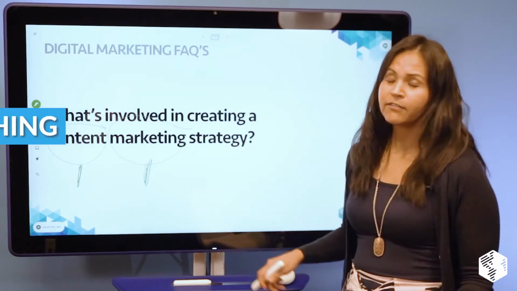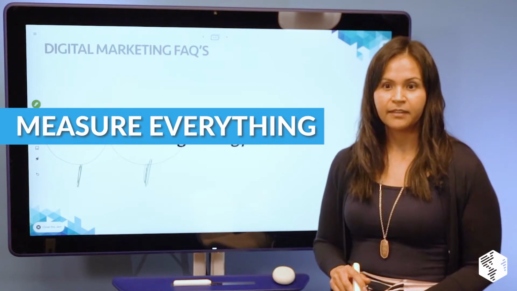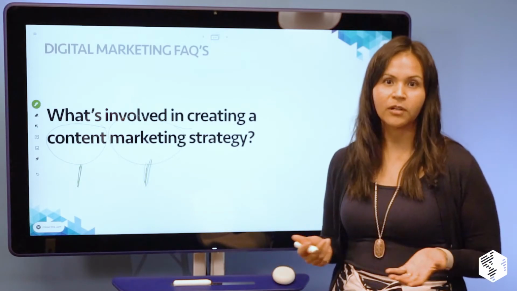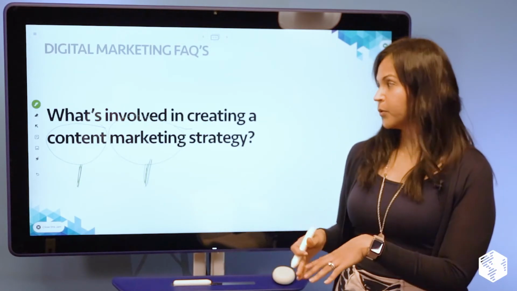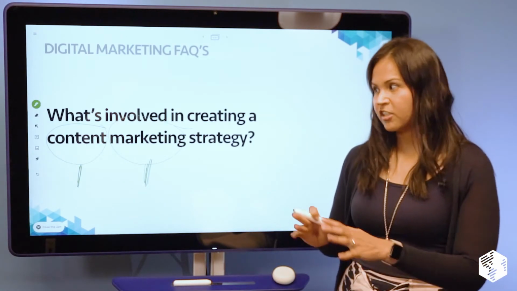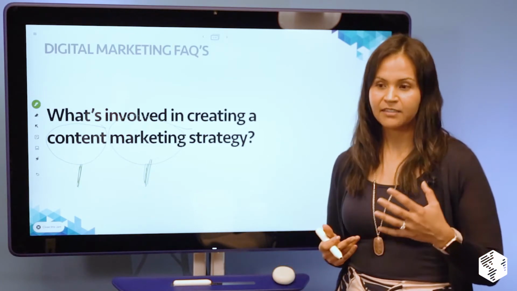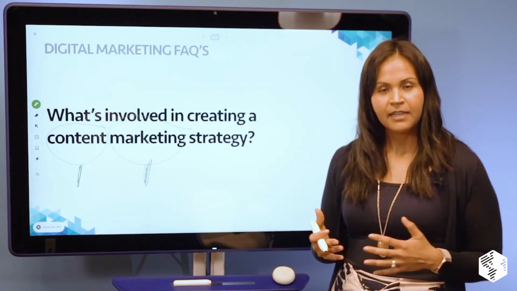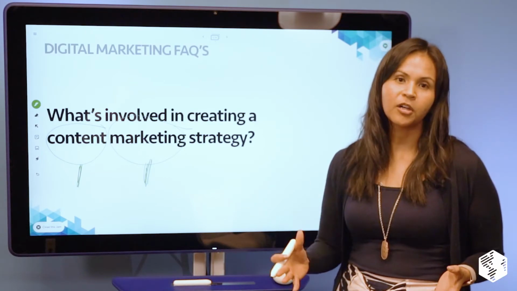And then lastly, you have to make sure that you're measuring everything. So make sure that if you decided that a certain piece of content is going to be pushed through social ads, figure out what's working, what's not working, did it work, did it not work, so that you can learn and improve those results, either for that same campaign, changing up the messaging, changing up the channel, or for future campaigns, so that you can understand that things like infographics might be great for social, but maybe not for email marketing. And again, that will help you learn what best way to use your content and where to market it